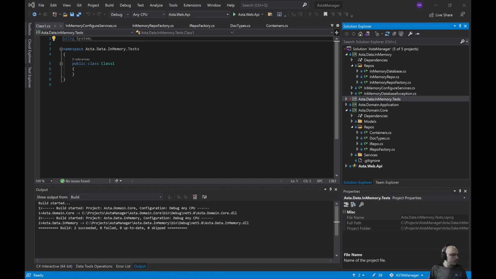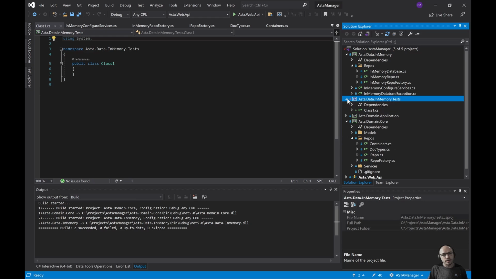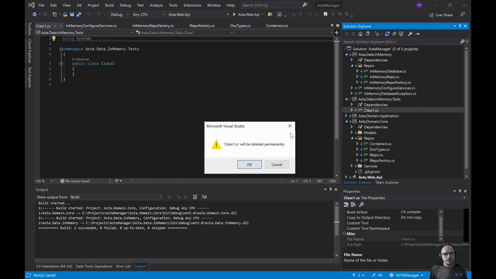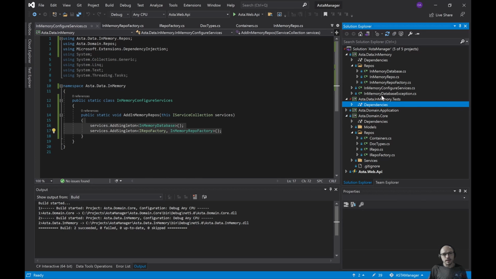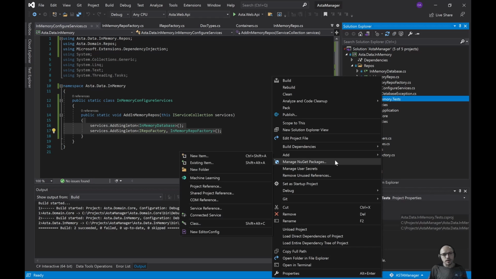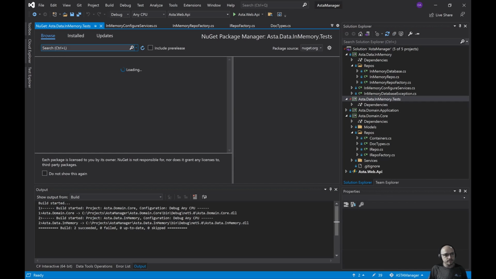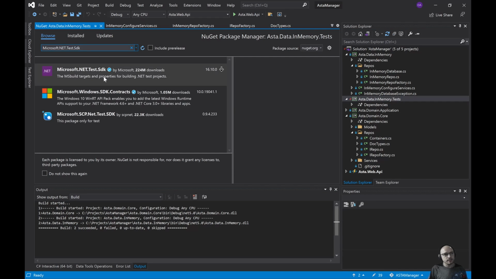So we need a few packages here in order for this to be a test library. So we delete the class that is generated there, and we go to add some NuGet packages. We add this,